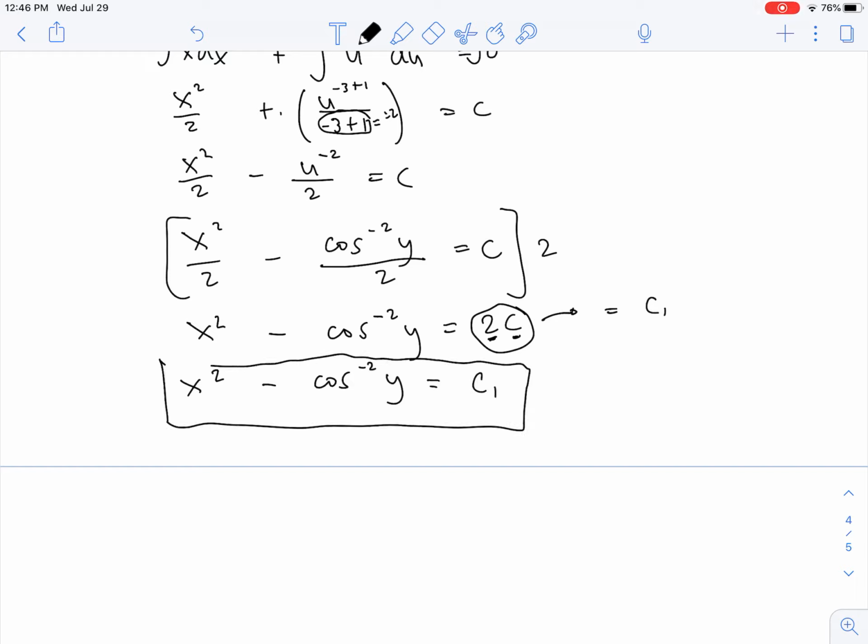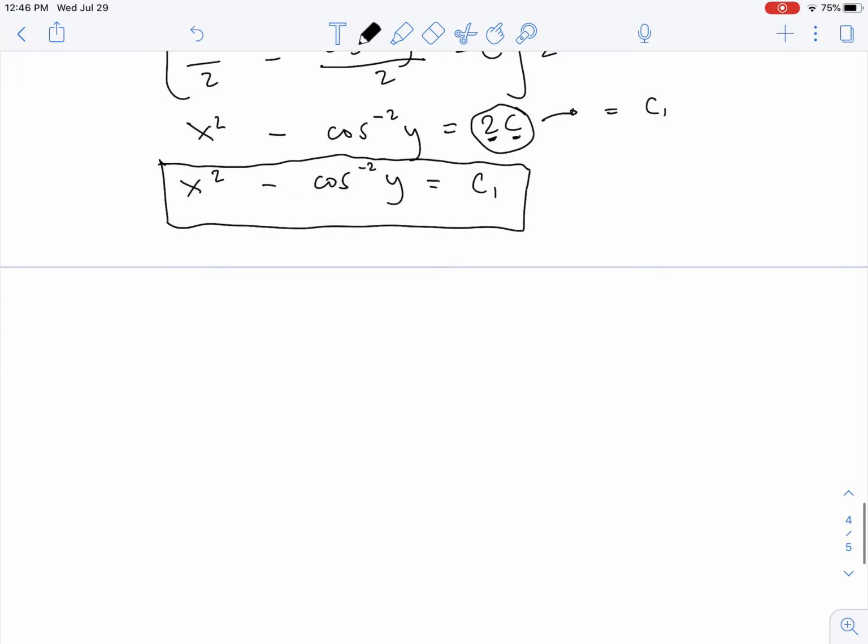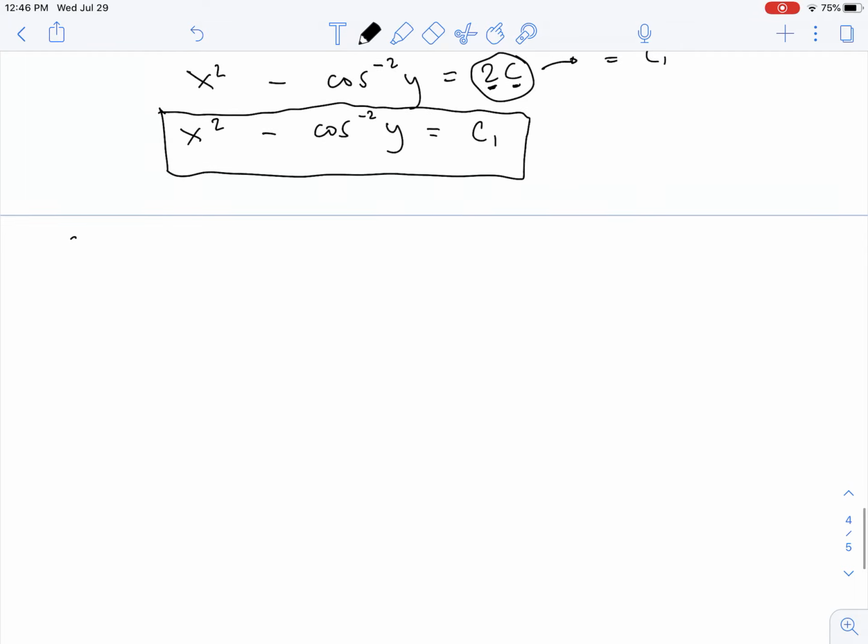So this is once again an implicit solution because the y, or the dependent variable y, is not separated or not isolated. Okay, so kanay pwede na na answer. Okay, so last example,